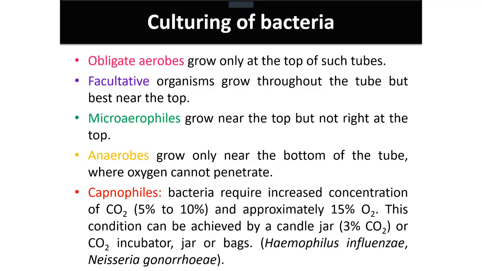So obligate aerobes grow only at the top of such tubes, where you have used some anaerobic culture. But by chance, at the layer of a tube the oxygen is able to penetrate, because you have prepared the media such that it has less oxygen. So there is a chance that such bacteria can grow. Facultative organisms can grow at any place. So when you are working with the anaerobes, there may be a chance that facultative microbes may start. So how to differentiate one from another? That's the most important thing.